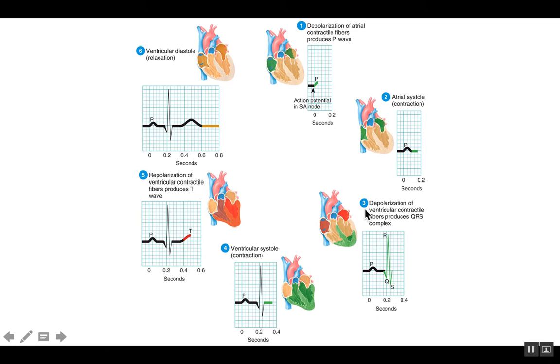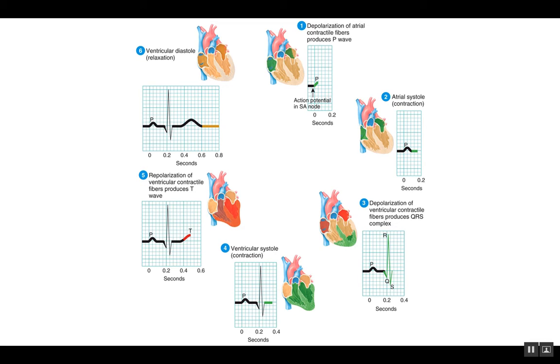Notice in panel 3, the ventricles are beginning their depolarization, starting towards the apex and working their way up the ventricle in order to push blood up and out of the heart. At the same time, the atria are repolarizing. Now, you do not detect the atrial repolarization on an ECG, but you do detect the ventricular depolarization as the